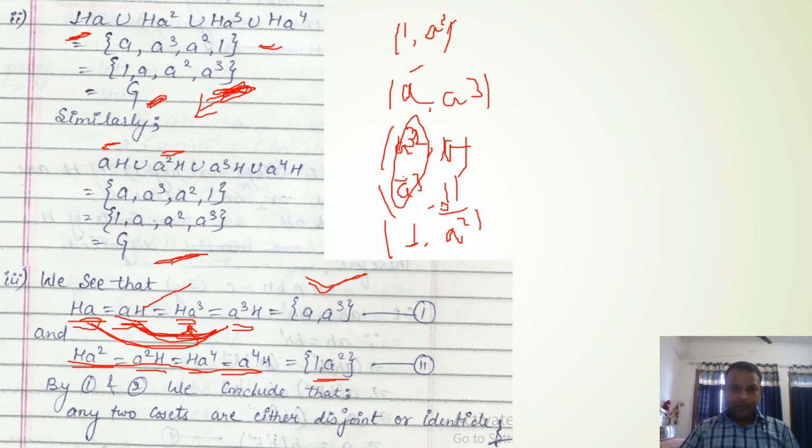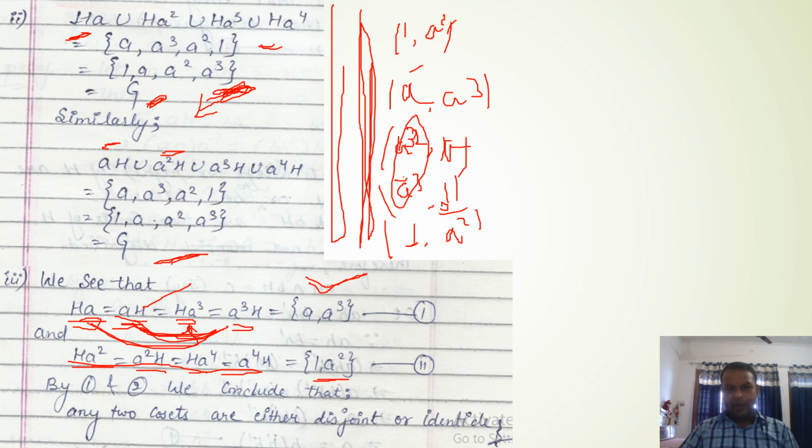So in this question we have learned how to find the left as well as right cosets by a group and its subgroup. Again, we have seen how the cosets can be identical and equivalent to each other, and we have also proved that the union of right cosets as well as the union of left cosets will create a group itself.